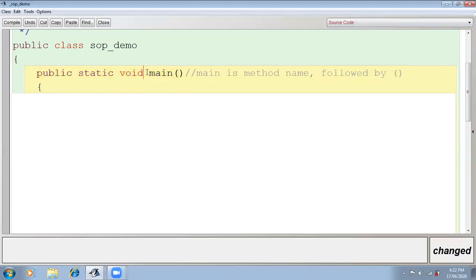Then void. What is the meaning of void? Void means it will not return any value.